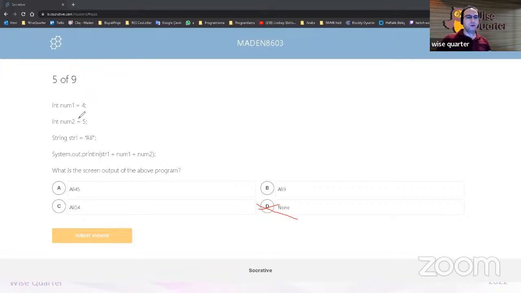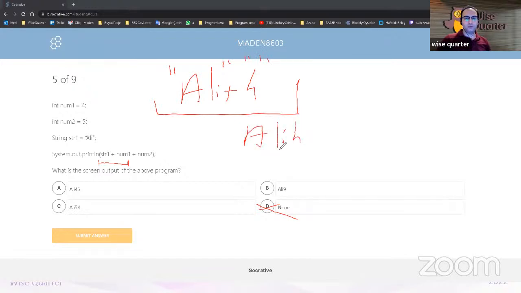Let's try to do it. You know, we have those values. Java always starts from the left side. And this is the first code it will try to execute. String Ali. And after that, there's a number 4. This is a string, you know, this is a number. And string is strong. Both of them will act like strings. So it will be like Ali 4. Then number 2 will come plus 5. This is a string, and string is strong. The other one will also act like a